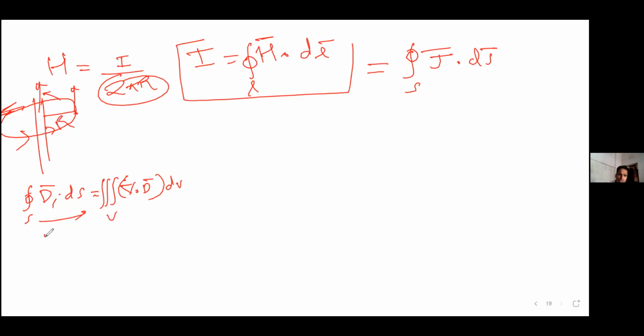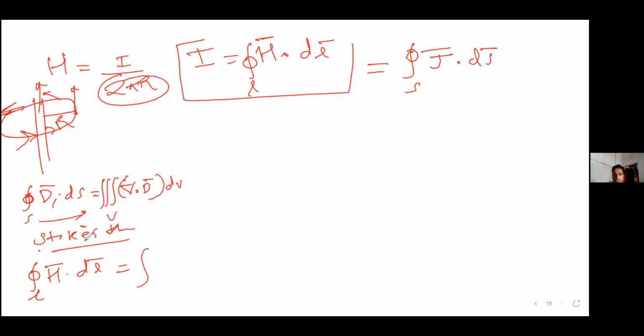In case of Stokes theorem, what happens is we go from closed line integral along a curve. So this is a curve, this is not a closed surface, which was there for divergence. Here it was a closed surface, here it is not a closed surface, here it's a closed line integral. So closed line integral of H bar is giving us what?